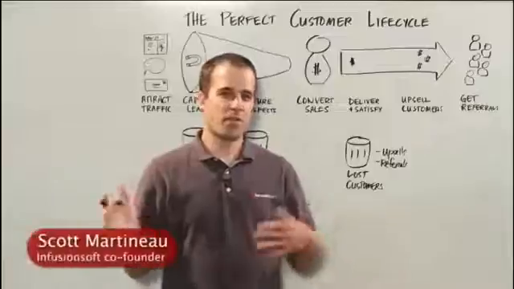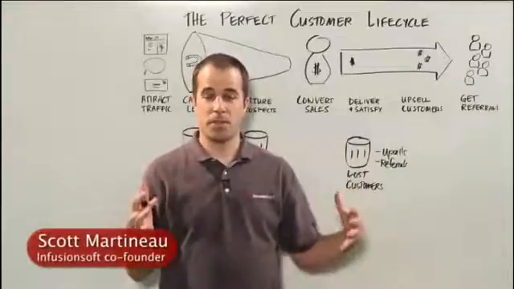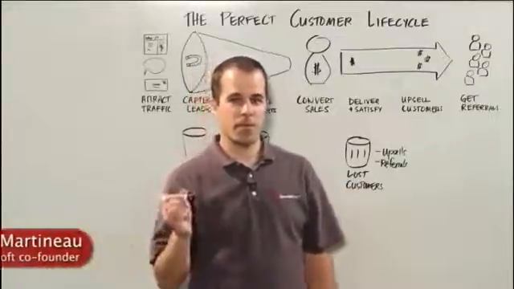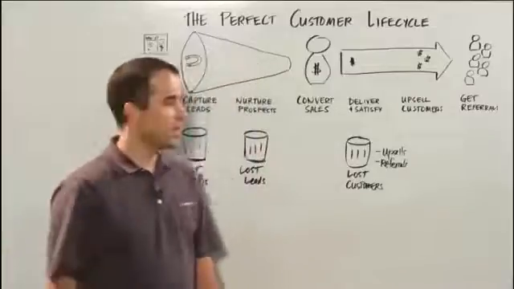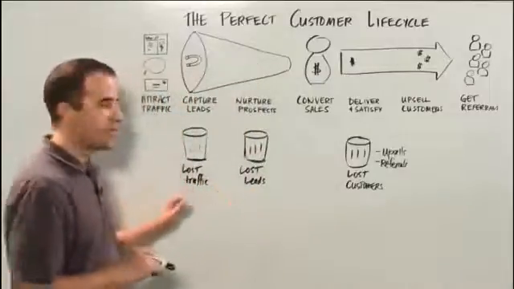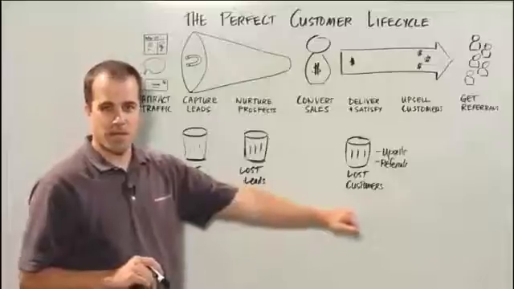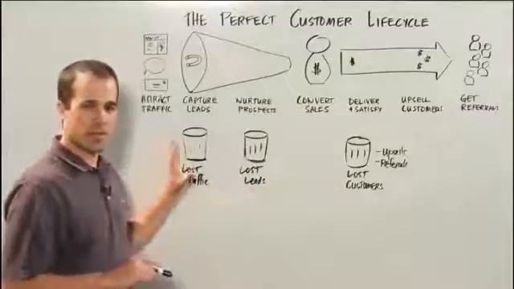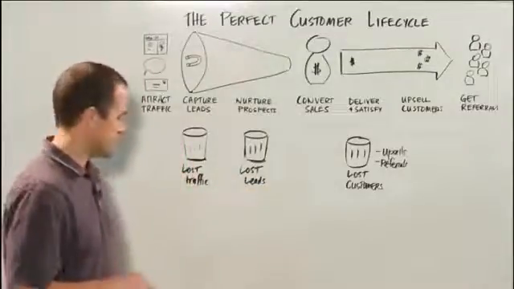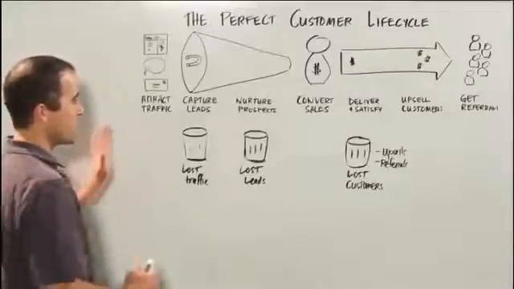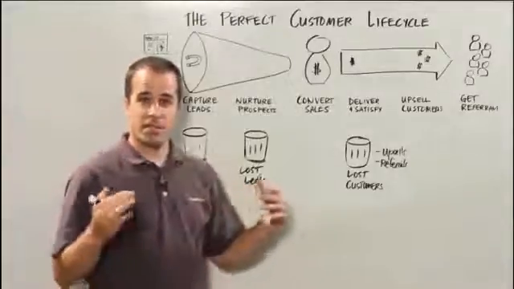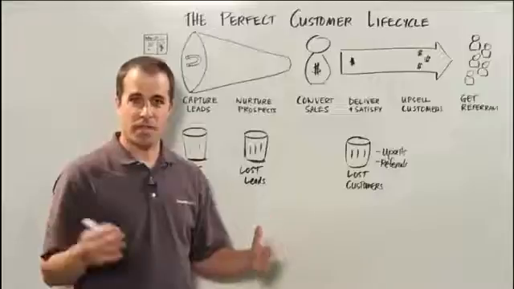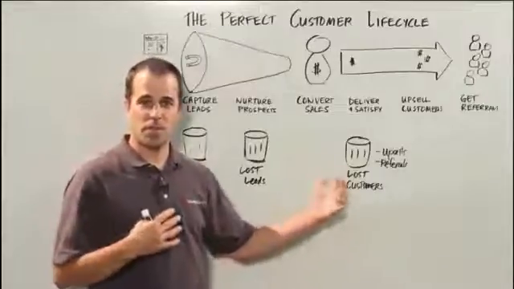Instead of just following what everybody else does and implementing the typical customer life cycle, let's talk about what the perfect customer life cycle could do in your business. And to do that, we're going to attack each of these 3 holes in the bucket one by one and show you how the perfect customer life cycle will help you to eliminate those holes. Okay? So the perfect customer life cycle from a high level is a framework for thinking about your marketing, and it includes 7 different phases. We'll talk about each one right now.